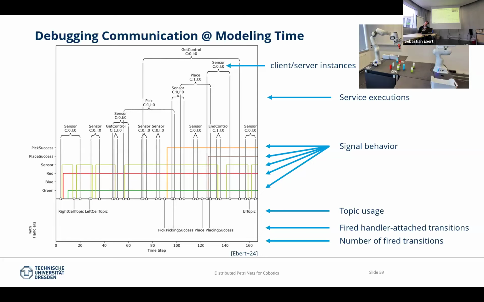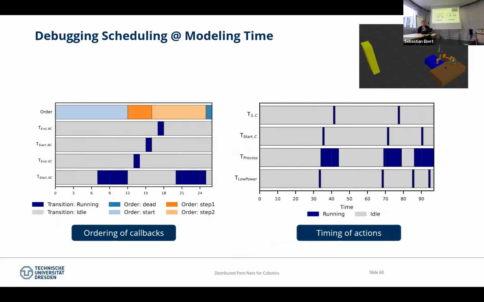But this does not actually help us to have a look at how the timing semantics behave. And there we choose a different way to analyze that. That is shown here at the example of our mobile cleaning application. For example, we have a look on the right side, we analyze the timing of transitions. So we can check, does the transition fire in a certain time after another transition, which can, of course, generalize also for callbacks. That's what we did here, for example, on the right side.